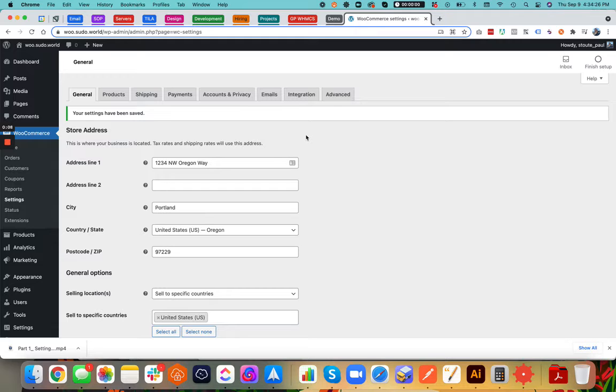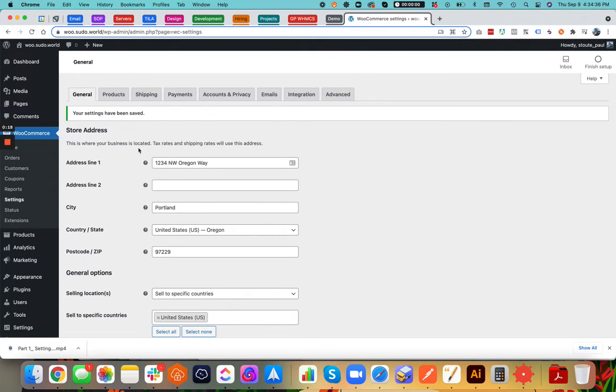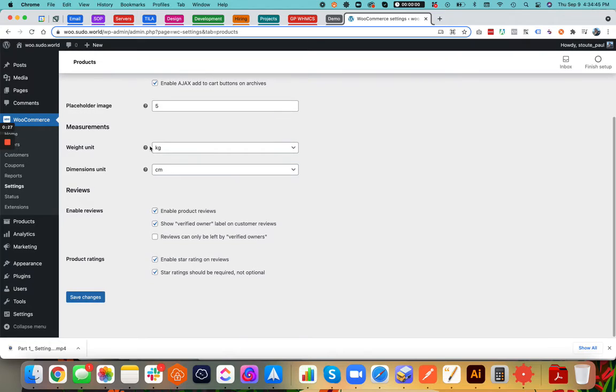What we're going to do here is run through the next tab. In the first video, we installed WooCommerce and configured the initial store address and general settings. Now we're going to run through the products tab, where we'll be able to set up individual pages, set placeholders,